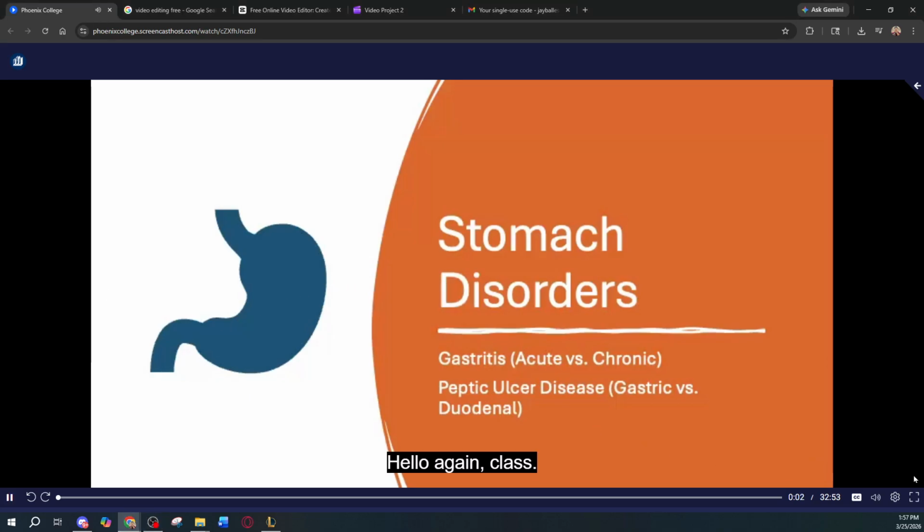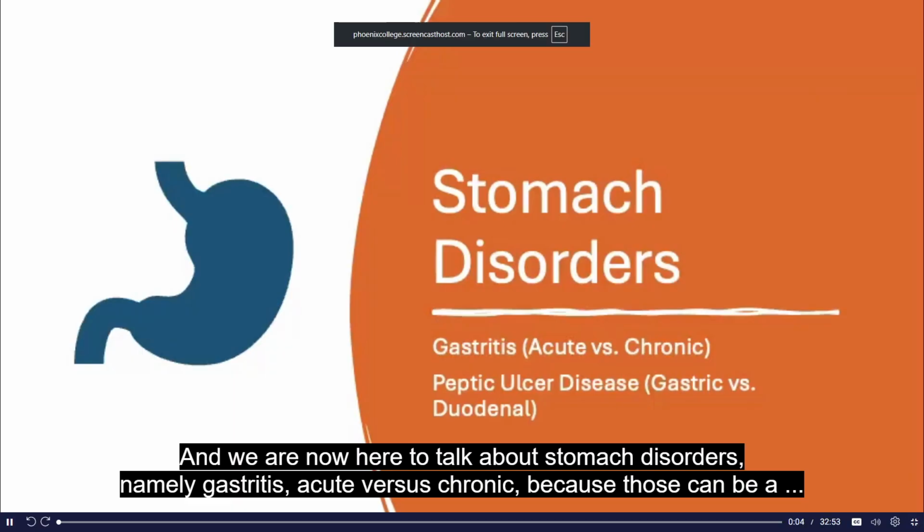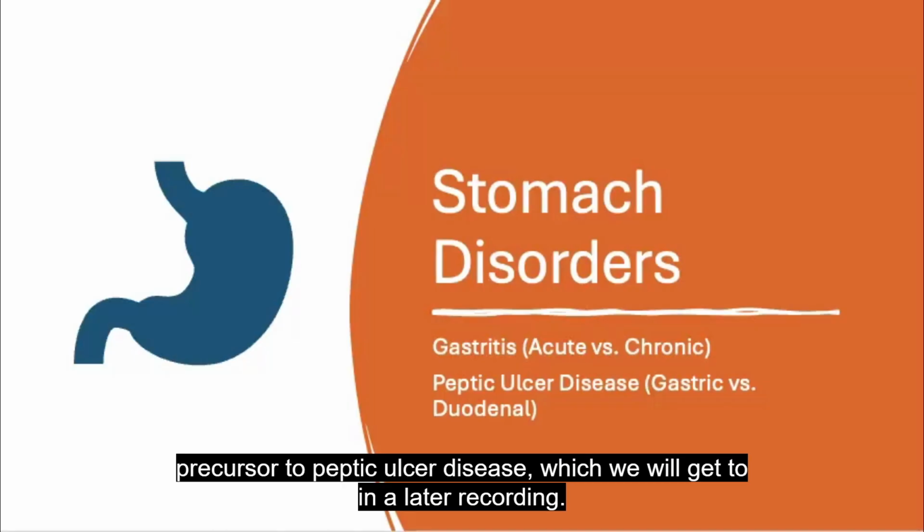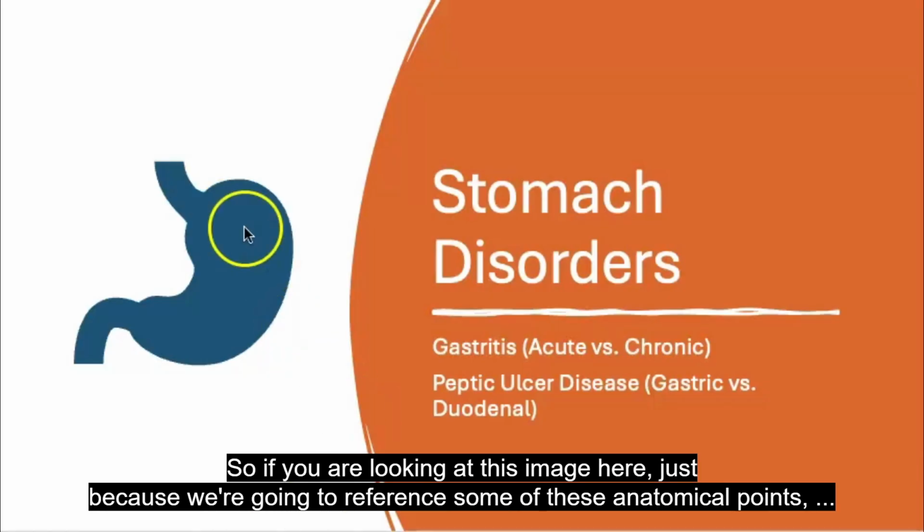Hello again, class, and we are now here to talk about stomach disorders, namely gastritis, acute versus chronic, because those can be a precursor to peptic ulcer disease, which we will get to in a later recording. So if you are looking at this image here, just because we're going to reference some of these anatomical points,